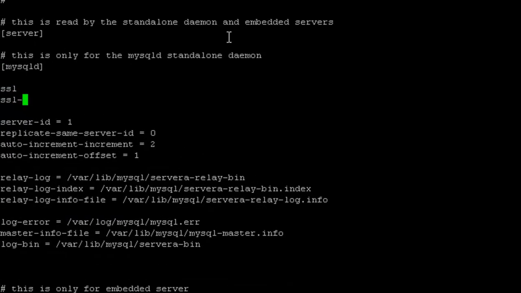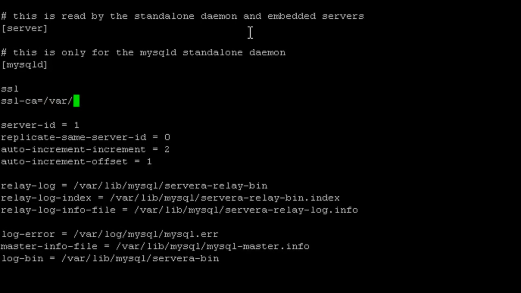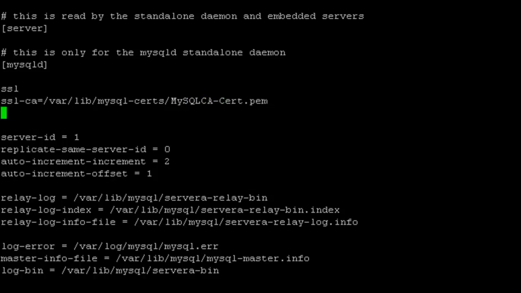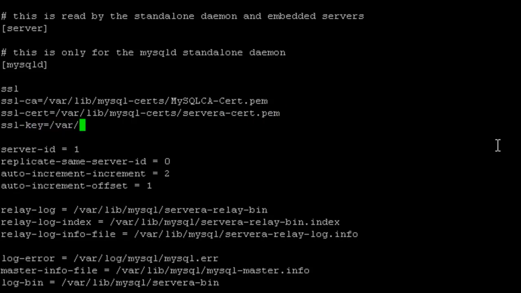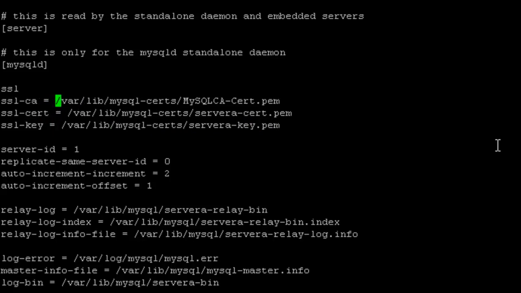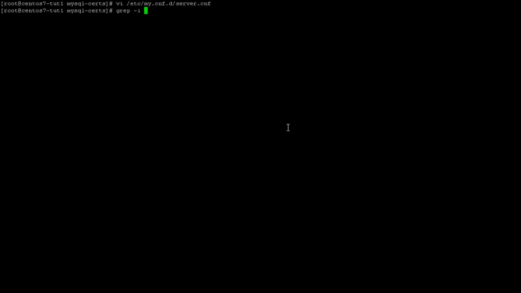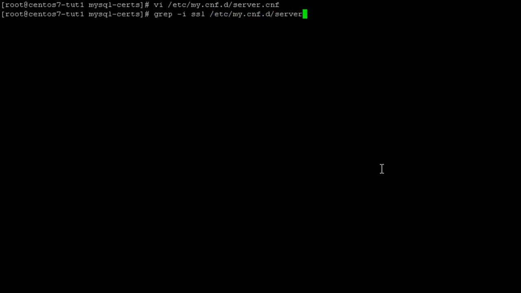So ssl-ca is going to be the path /var/lib/mysql-certs, and the certificate name, if I can remember, is the MySQL ca-cert.pem is the SSL CA. Then we have ssl-cert equals /var/lib/mysql-certs/server-a-cert.pem, and then ssl-key is /var/lib/mysql-certs/server-a-key.pem. Once again, give a little bit of space between these things, just to make it more readable. And that's it. grep -i ssl /etc/my.cnf.d/server.cnf